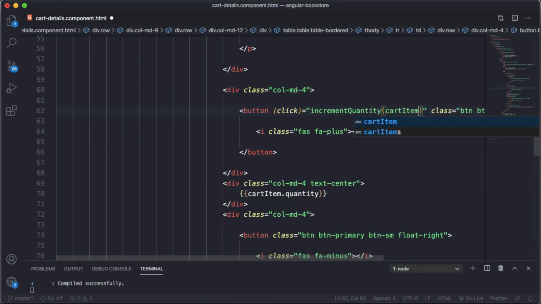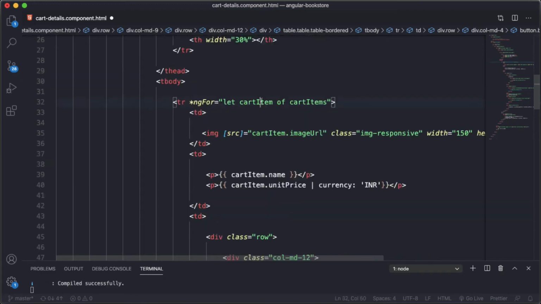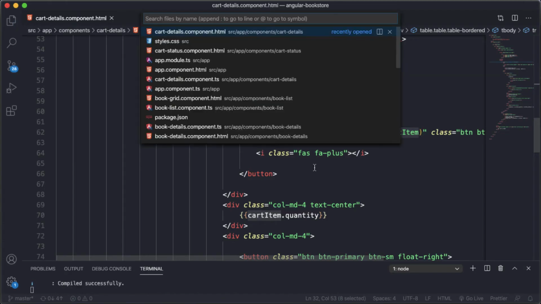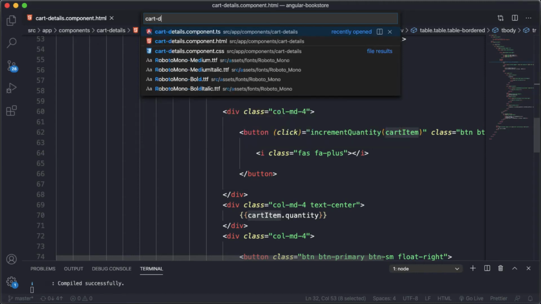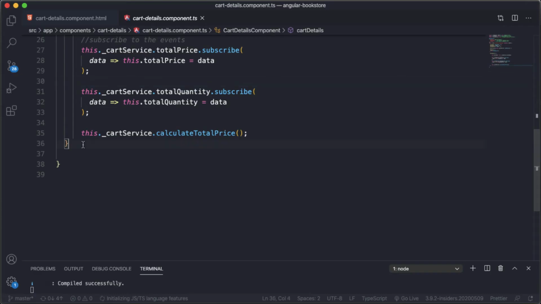So we have this cart item at the top. We are looping through the cart items, and each time the loop runs we get the cart item, and we are going to pass that cart item to this incrementQuantity method. So let's save this, and now let's go to our cart-details.component.ts file, and in the DOM we are going to define the method